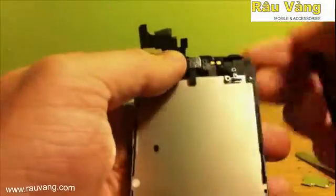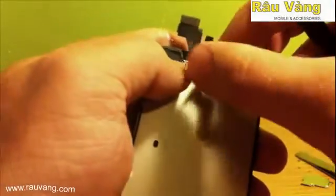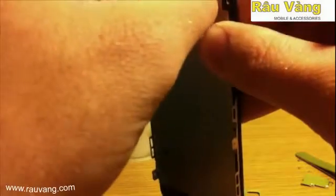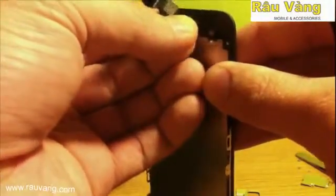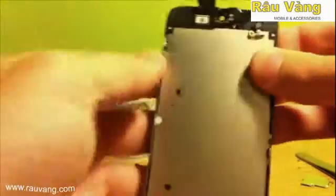Now we want to go ahead and remove the ribbon cable that attaches the front-facing microphone, the front-facing camera, and the proximity sensor. Now keep in mind that here on the right side it is held on by adhesive. Don't pull on it. You want to make sure to get up underneath there and ease it off very carefully so that you don't rip that ribbon cable. If you rip this part, your ear speaker will no longer work. Now that you've got that off safely,